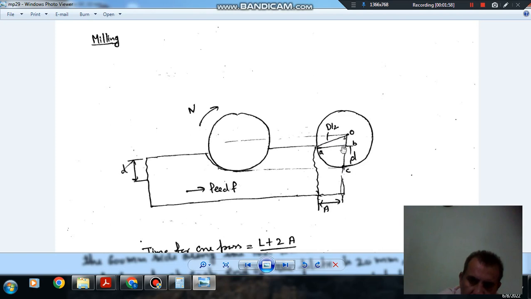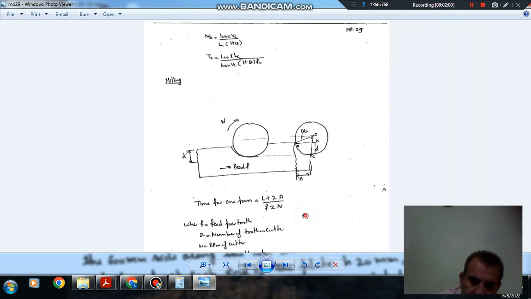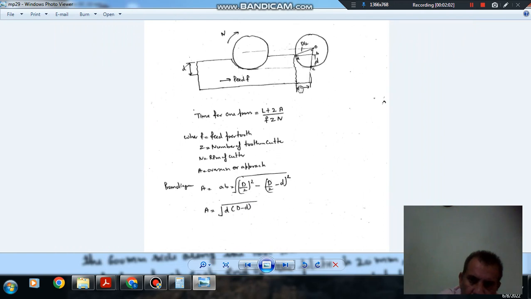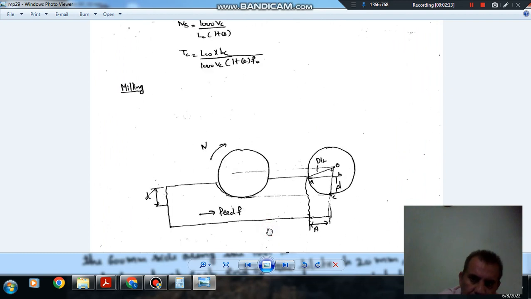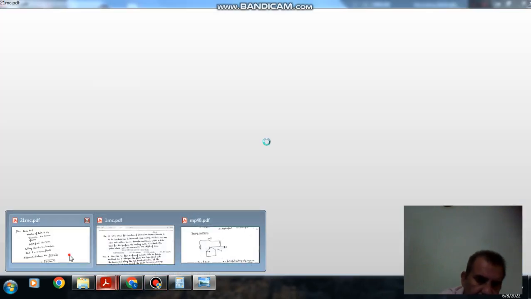AB can be calculated as D by 2 square minus D by 2 minus d whole square. So in milling, the approach is root of small d bracket capital D minus d. Okay. Similarly, over travel will be same. Okay. So now we'll solve the question, and